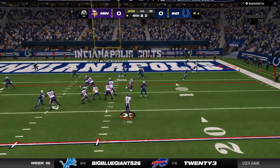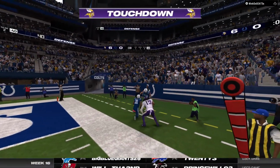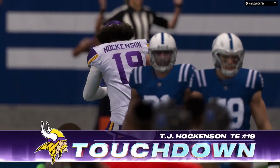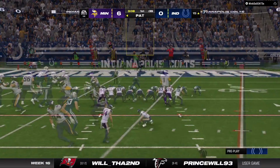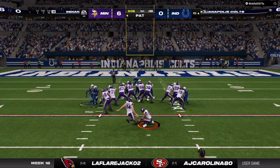Play action. Here's Willis. Touchdown, Vikings. T.J. Hockenson with touchdown number 7 on the year. And the Vikings' decision to go for it pays off with 6 points. Well, these guys have won 3 straight ball games and another good start to this one out to the 6-0